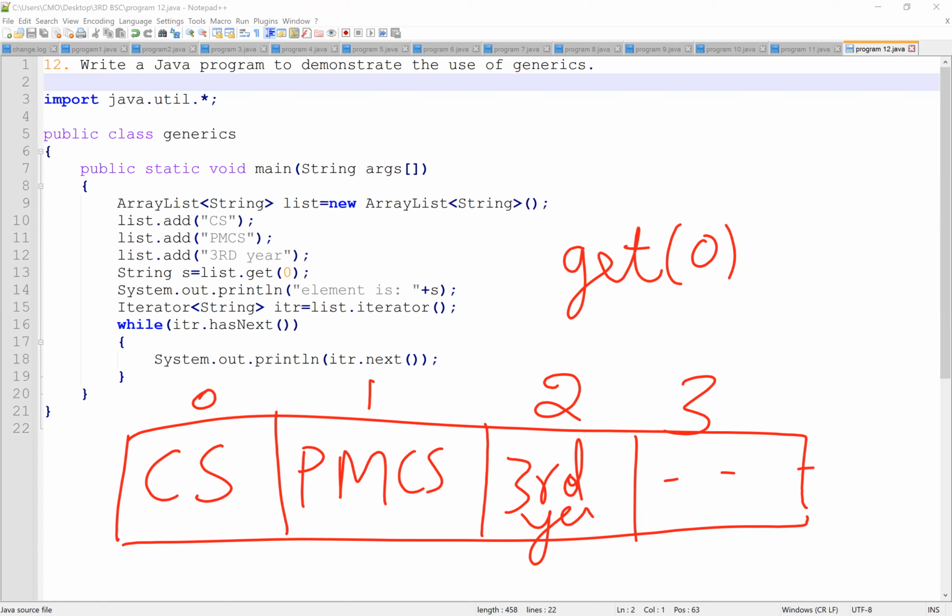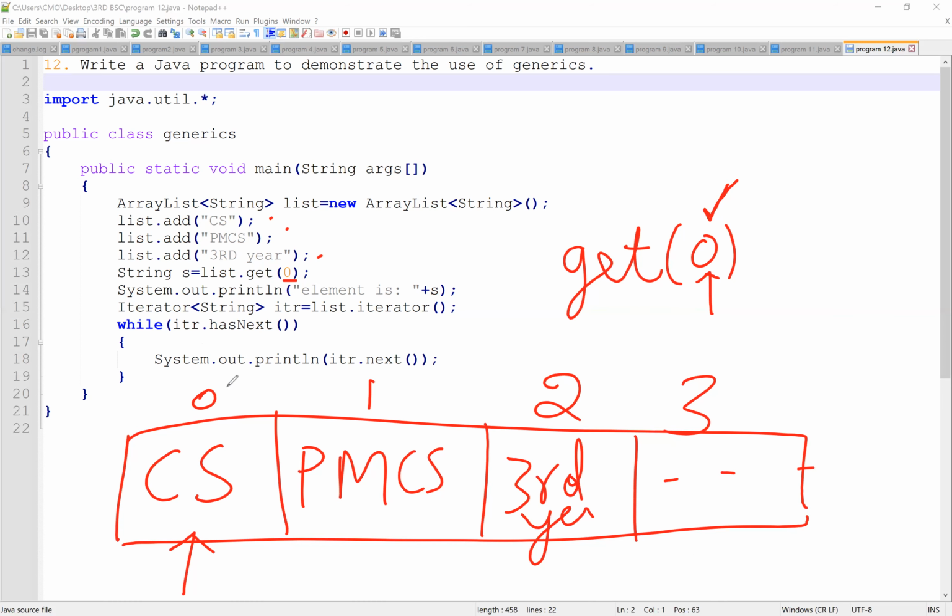Here we are just using 0, 1 and 2 since we have only 3 strings. If you are using get(0), by default it will take from here, that is CS. If you change this value to 1 or 2, it will take from that particular index. It is all about the index number. get(0) indicates the index number. From 0 it will start getting the value.